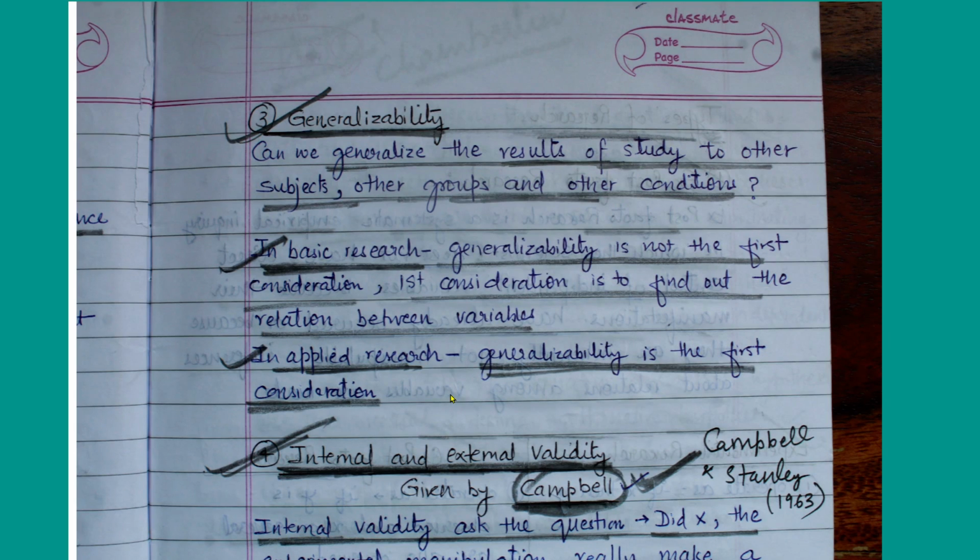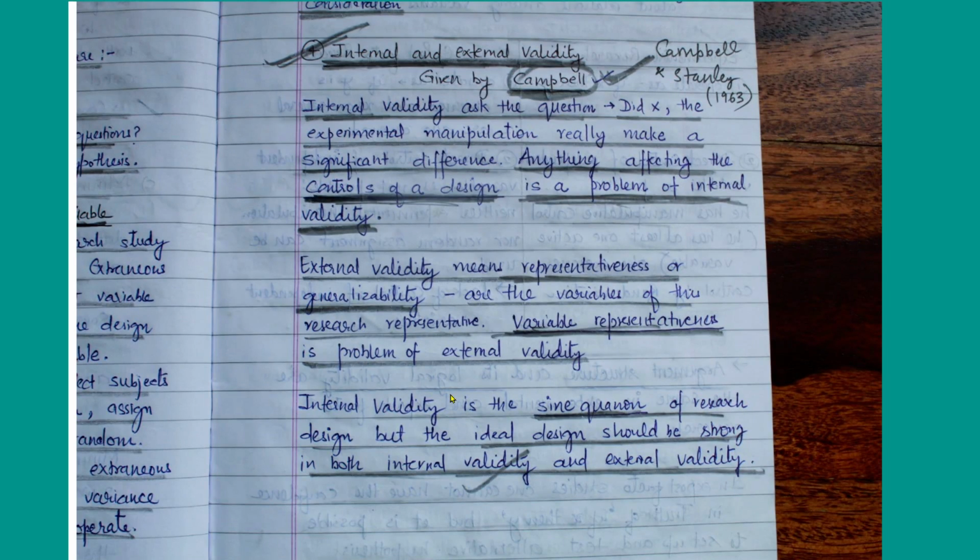Okay. And the fourth one is internal and external validity. We will also cover this when we look at reliability and validity, but for the time being we will look into it at this stage. Again I will tell you, this becomes a 5 mark question of ASRB: define internal validity and external validity, differentiate between internal and external validity. So you should have knowledge of internal and external validity. In detail we will look when we study validity. For the time being we will cover this part.